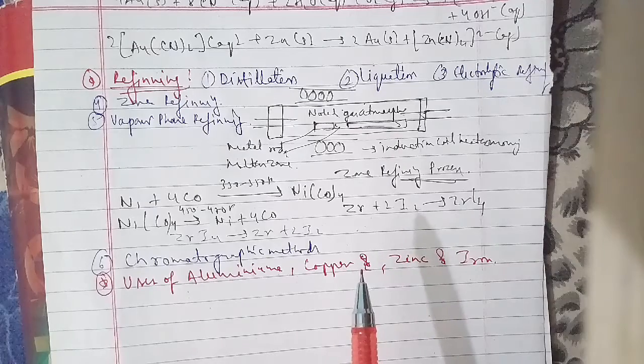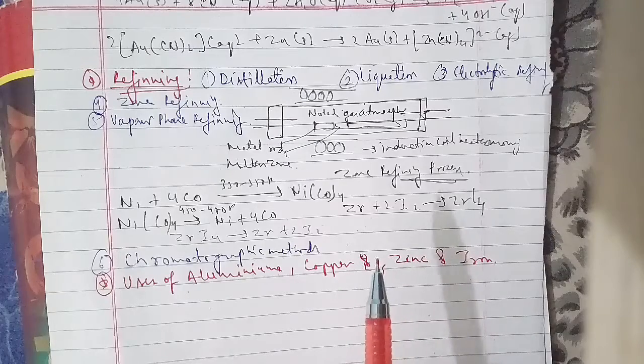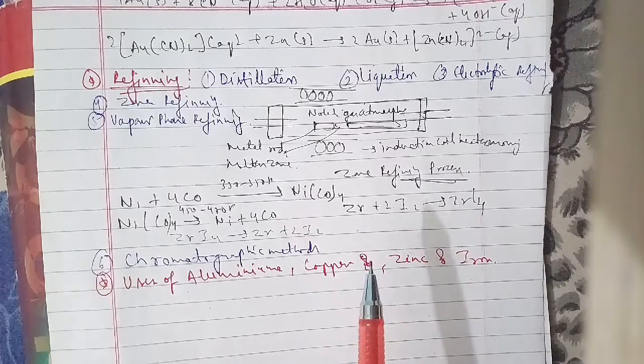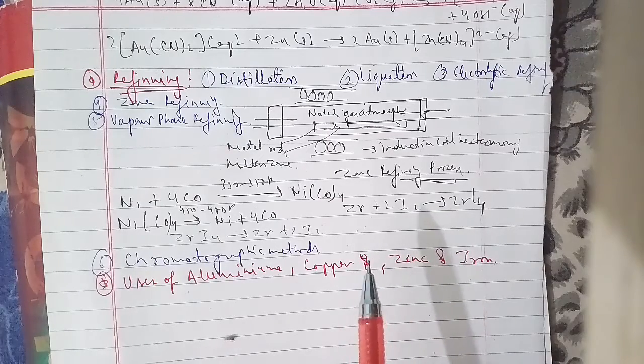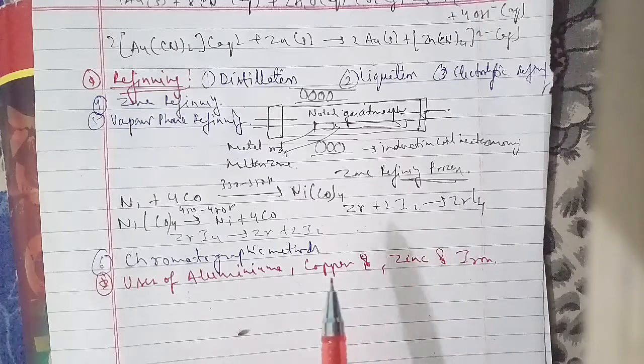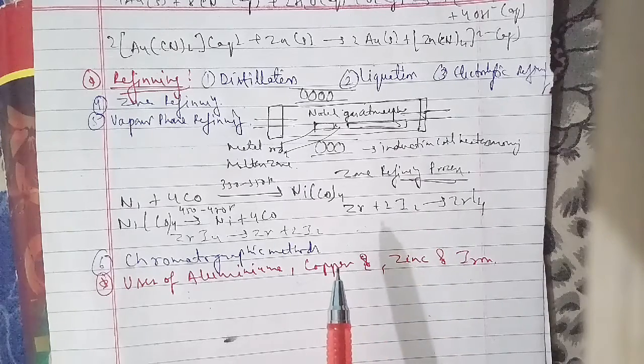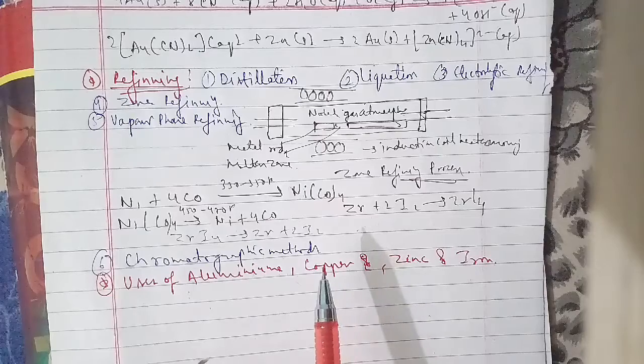Unit 2 is solutions, where we have to cover the types of solutions, expressing the concentration of solutions, solubility, vapor pressure of liquid solutions, ideal and non-ideal solutions, colligative properties and determination of molar masses, abnormal molar masses as well. The third unit we have is electrochemistry, where we have to cover electrochemical cells, galvanic cells, Nernst equation, conductance of electrolytic solutions, electrolytic cells and electrolysis, batteries, fuel cells, corrosion.